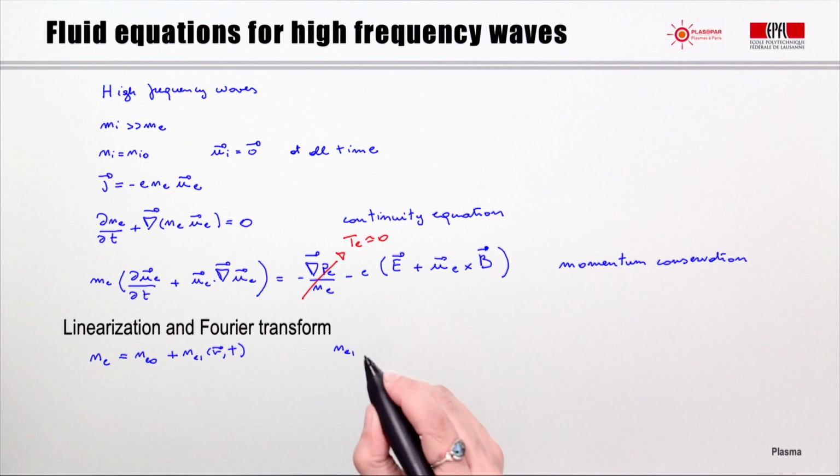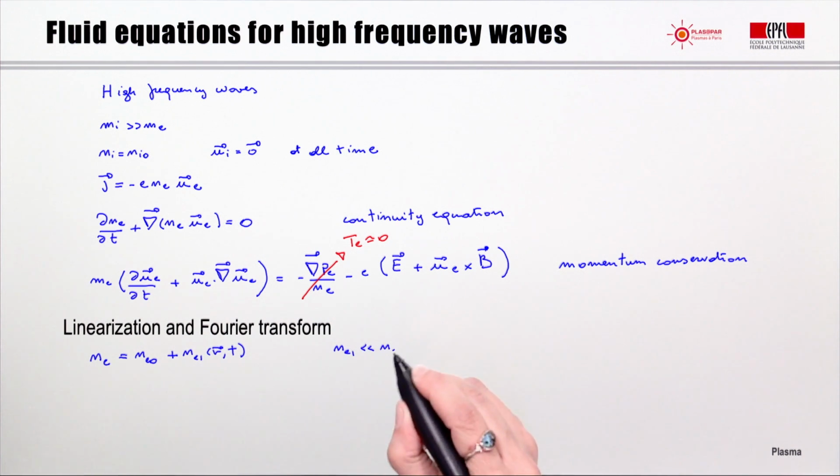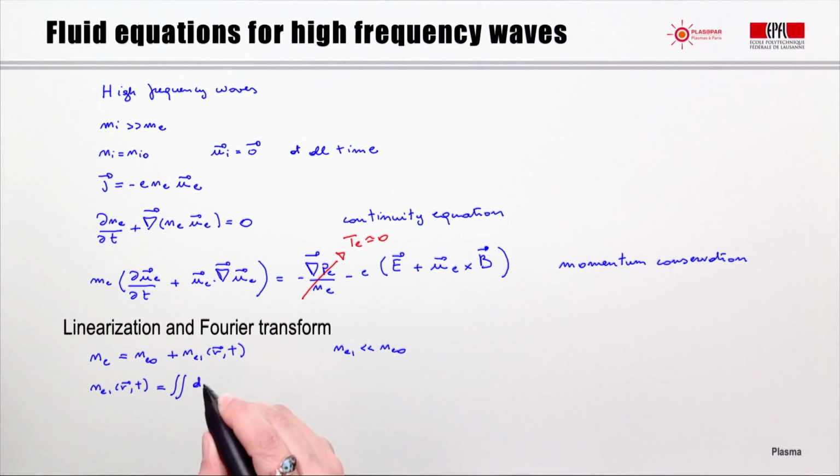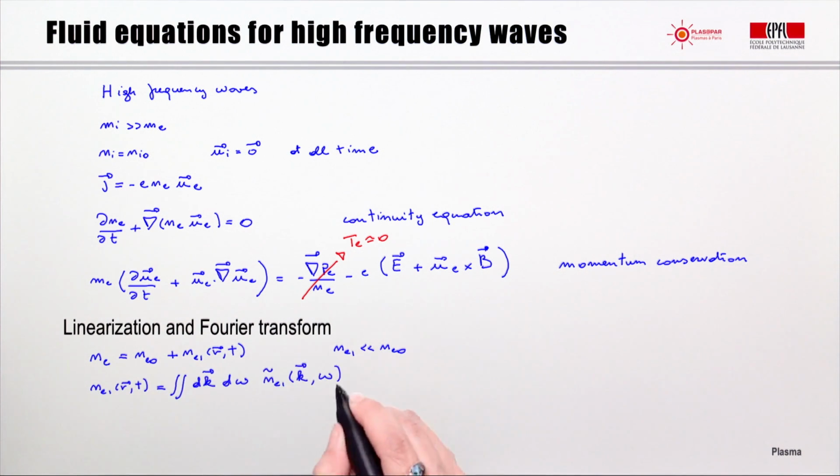So the perturbation is much less than the equilibrium quantity, and the Fourier transform is defined in this way. We can do the same thing for the velocity, the electric field, and the magnetic field. However, all these quantities are zero at equilibrium. So we simply have,